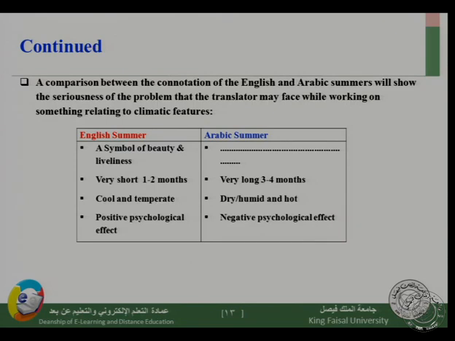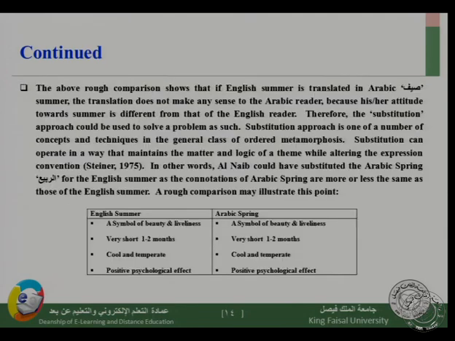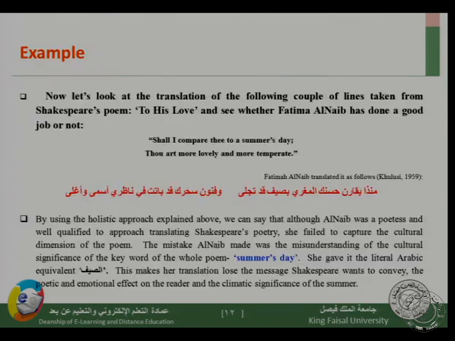In other words, let's say in August, it's really, really hot and people stay indoors, running away from the sunshine. Therefore, what you need to do here, if I was Naib, I would have translated it into Arabic. Now, if I were her, listen, I would have translated it as